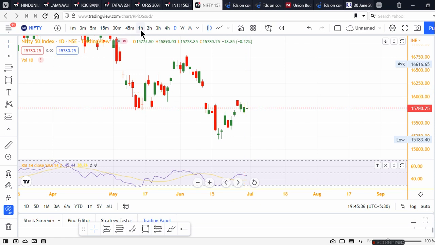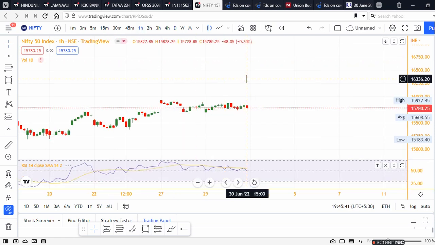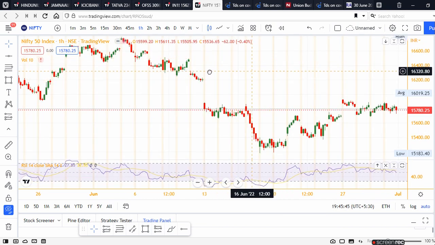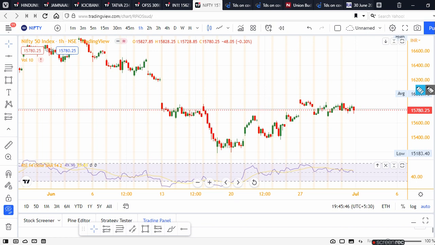Let us go to the hourly time frame to understand this better. 5 minutes more and we are done with the technical analysis. Now on the chart, what you can see is, I have already told you that market is forming this kind of pattern. Let me draw that for you on a 5-minute time frame. I will be giving you all the levels also, but I am discussing the chart and clearing the chart to you.